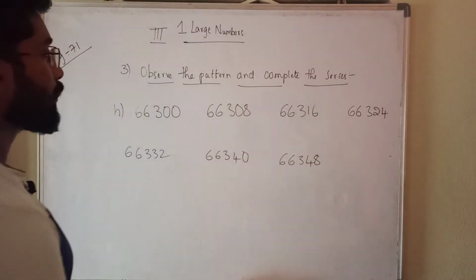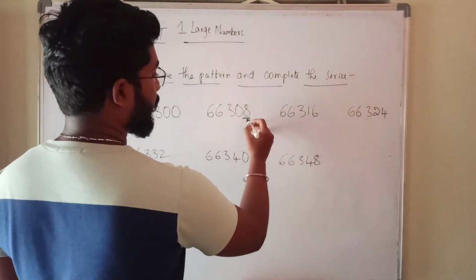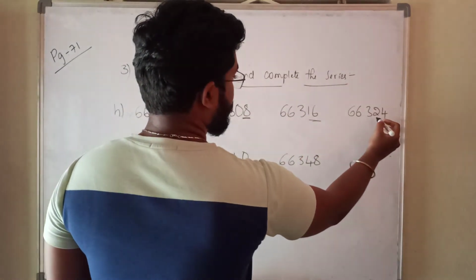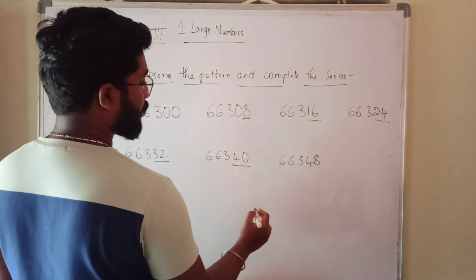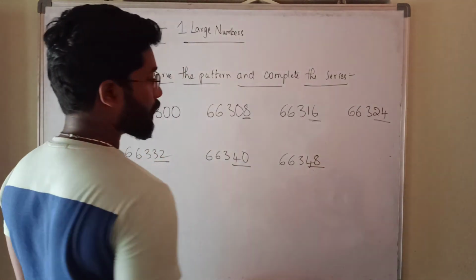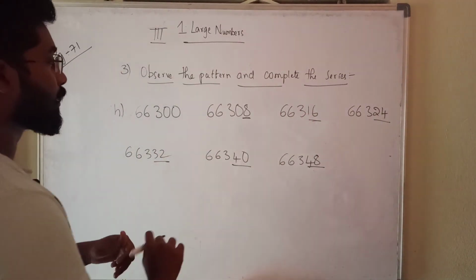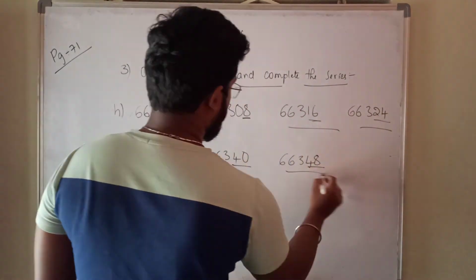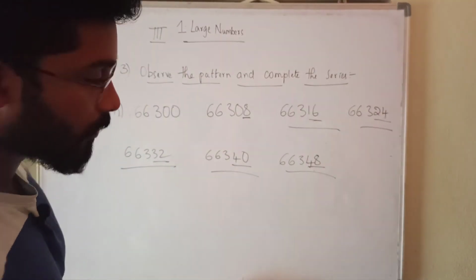How many? So after 8, so see here, 8 table, 8 2s are 16, 8 3s are 24, 8 4s are 32, 8 5 is 40, 8 6 is 48, like that. So you are getting the series here. 5 are completed. 5 blanks you have to fill there, 5 are completed. Okay.